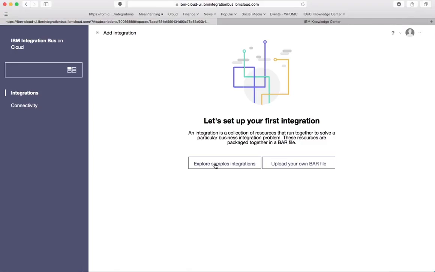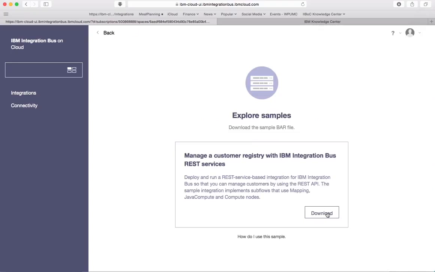Clicking on the Explore Sample Integrations will take us to a window where we can download the sample bar file that will demonstrate using a RESTful client to connect to the integration. While it does seem to indicate that it will update an employee database, this sample does not actually connect to any database. Rather, this sample will demonstrate the back and forth communication between your client and the integration in the cloud. We start by downloading the bar file to our hard drive,